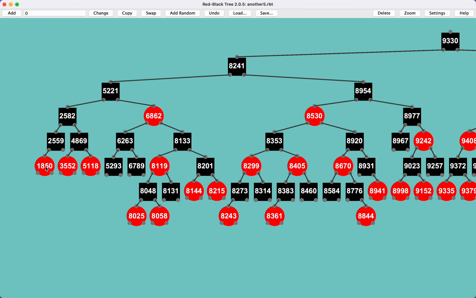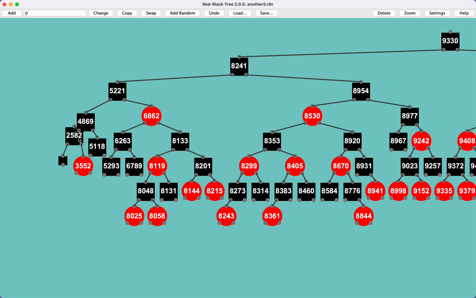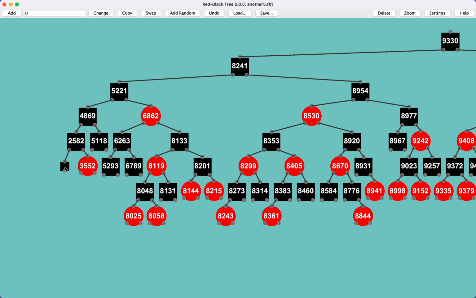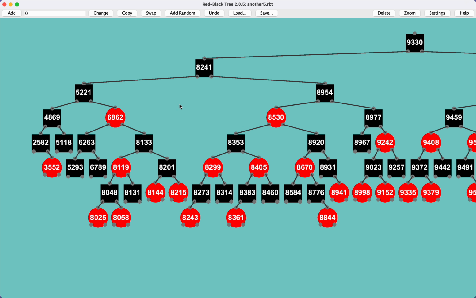So let's delete the 1850, hit the delete key there. Now let's delete this guy by hitting the S key. So when we delete a red leaf, it's going to be just deleting the node and we're done. But when we delete a black leaf, we're going to do it by hitting the S key because we need to do some kind of a transformation. In this case, the transformation is to make this guy black, do the rotation of that over that, and now we're black and balanced. This guy can be deleted. Anyway, so that's the